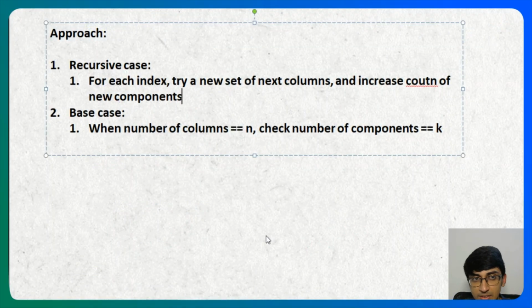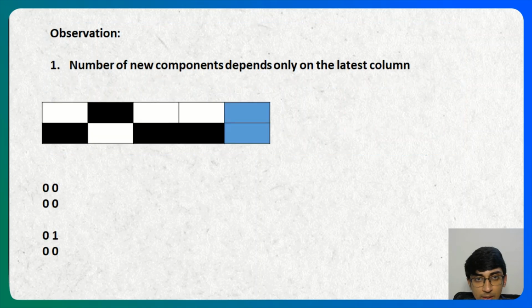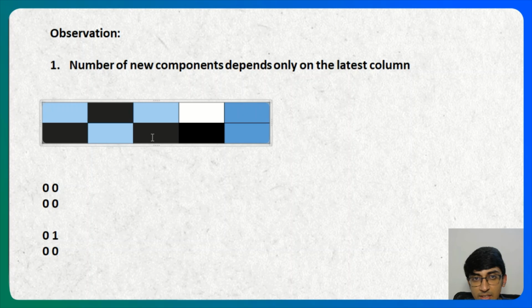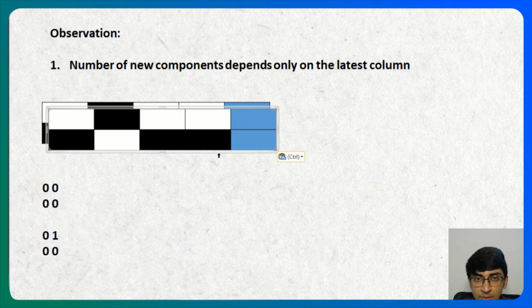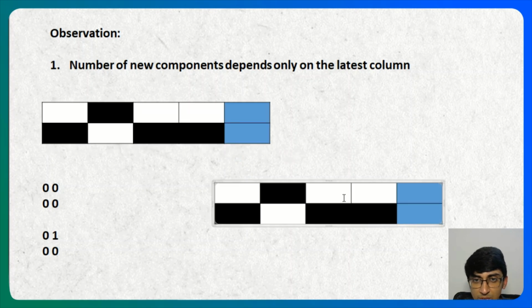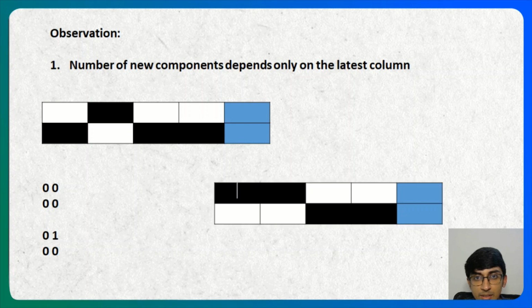Let's say you had something like this, right? So let's go back to our drawing board. So you had something like this, and you're saying, okay, you know what? Till now you have about 6 components here, right? So you had 6 components and you're trying to add another one. Well, you could also have 6 components in the case like, let's say, you could have something like this and like this, and something like,